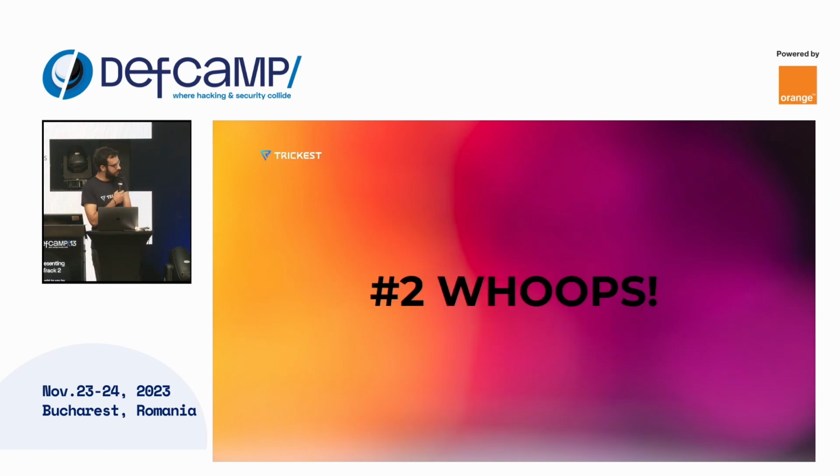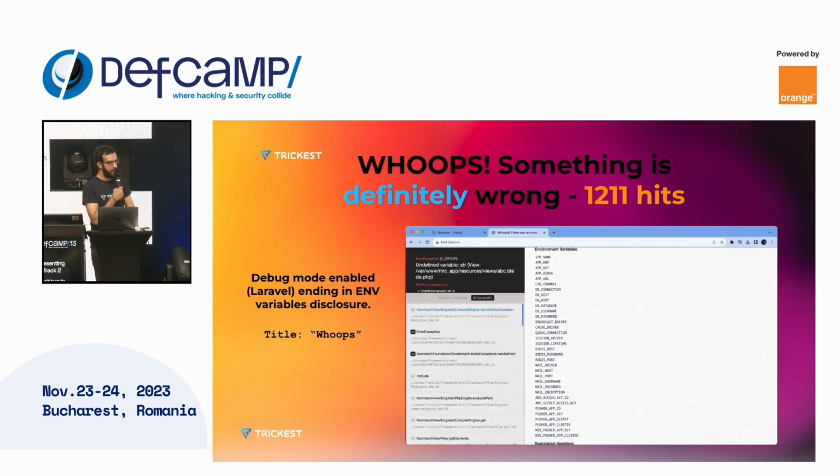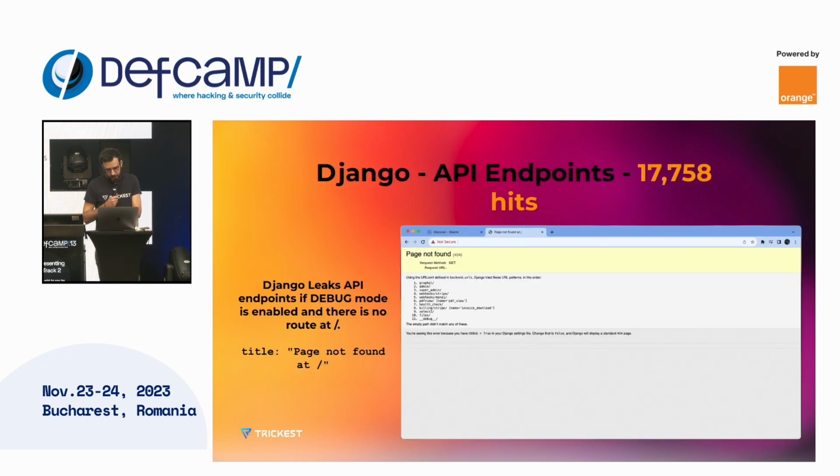The next is "whoops". I saw "whoops" a lot, and I was like, what is this? It's actually when the debug mode in Laravel is enabled. And when you send a request to the IP and port, it could happen that it leaks environment variables. Here, I saw AWS access and secret keys. You can see down there session cookies, DB passwords, connection URLs, all sorts of stuff you can imagine. So search for "whoops".